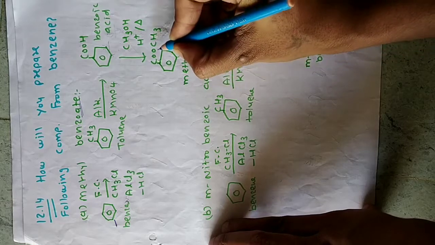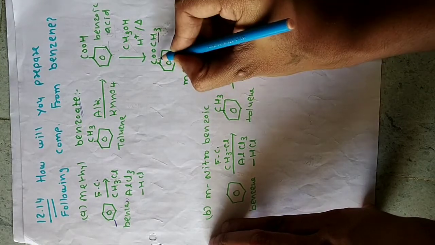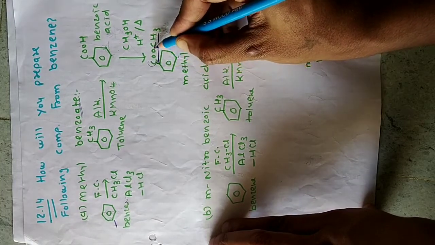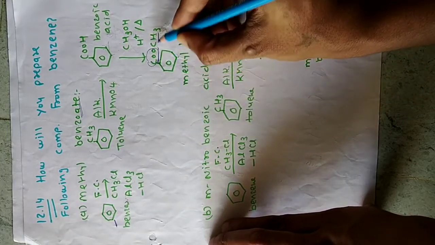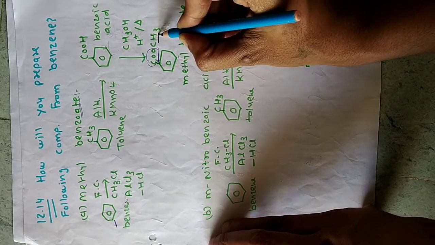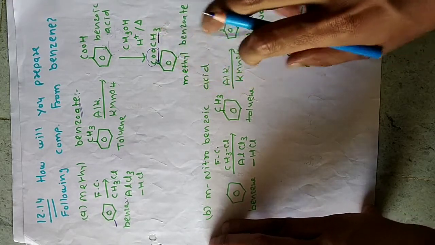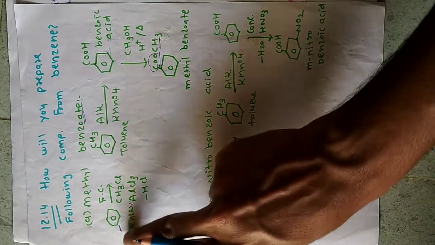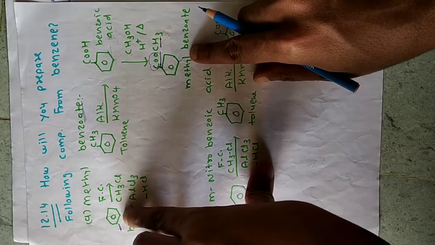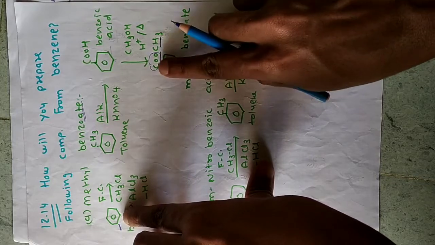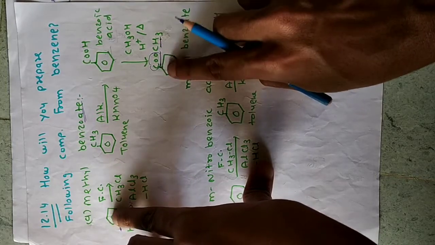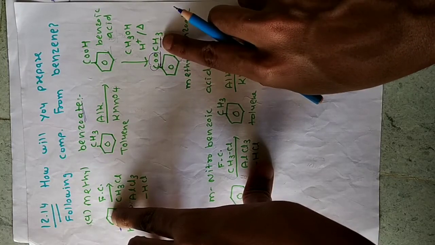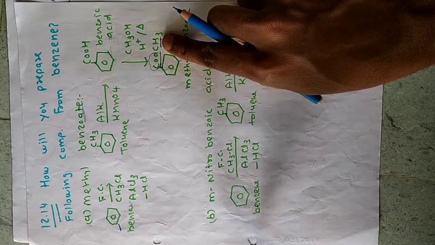So on the benzene ring we have methyl benzoate. You can see the ester group is there. This one is the ester group, and we have CH3 here. So it is methyl benzoate. Now look at the difference between these two. This one is benzene and this one is methyl benzoate. You can see 2 carbons are extra here, 2 additional carbons. So first of all we have to increase the number of carbons.